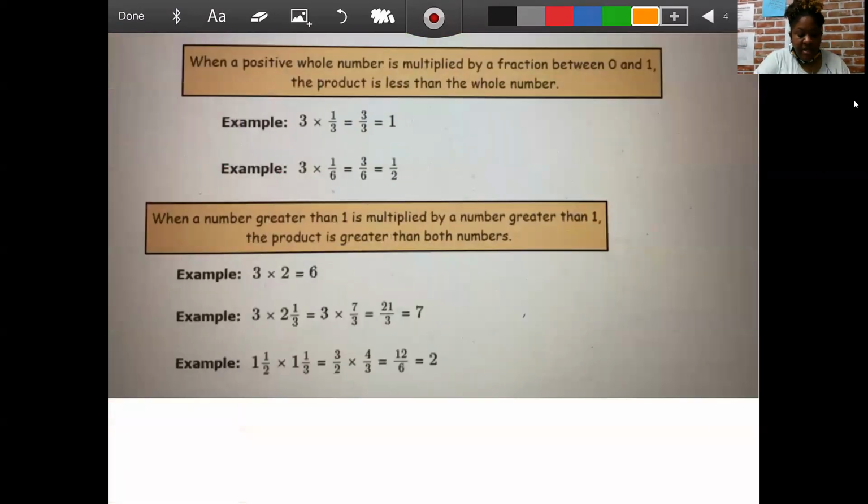All right. When a positive whole number is multiplied by a fraction, so do you know that a fraction where the numerator is smaller than the denominator, it's a decimal, it's money. So I'm sure everybody on this call, you know what 1/3 is equal to, 33 cents, right? So 3 times 33 cents, and I know there's a 3 after it going on and on forever, it's going to equal,